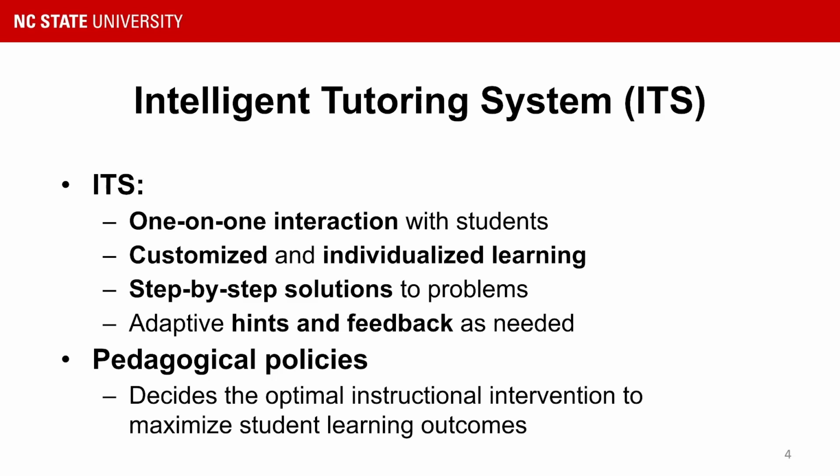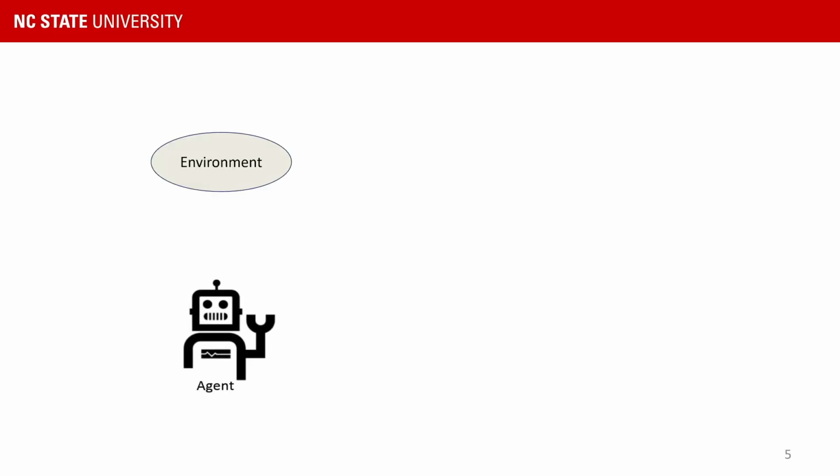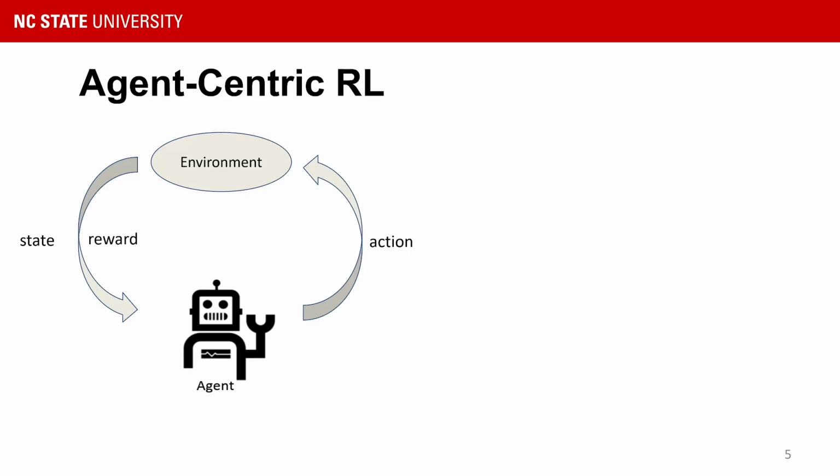However, we need to make a distinction between agent-centric reinforcement learning and human-centric reinforcement learning. In standard reinforcement learning, an agent learns how to interact with the environment to maximize long-term rewards. At any given time point, the agent observes the environment in a state, it will take an action and receive a reward, and then observe the environment transitioning to the next state. The goal of reinforcement learning here is to make the agent smarter. We refer to such reinforcement learning process as agent-centric reinforcement learning, which differs from our work, which can be referred to as human-centric reinforcement learning.